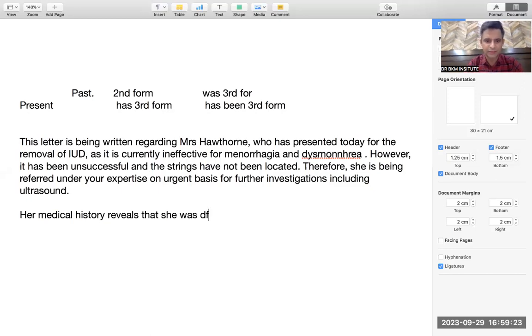Let's put up the same words which have been given, just in the passive voice. I have written over here that whenever anything is done by us or in the past by the hospitals, it is passive: was diagnosed. So she was diagnosed with menorrhagia and dysmenorrhea in 2009. Done. And also